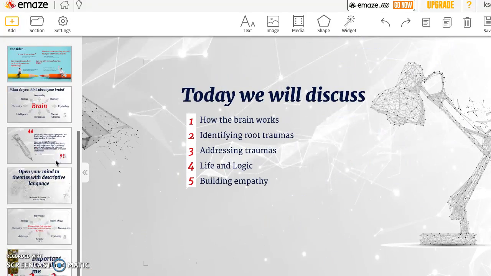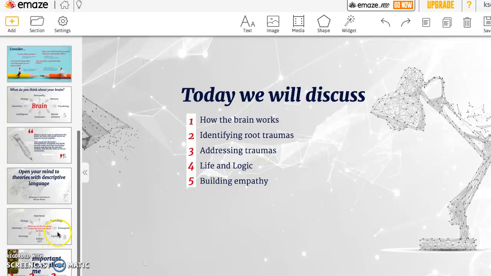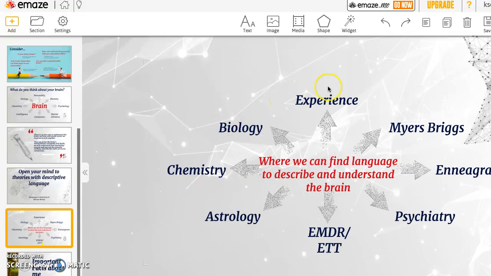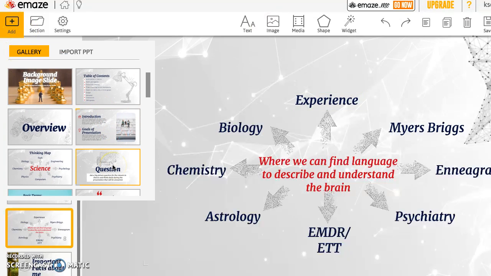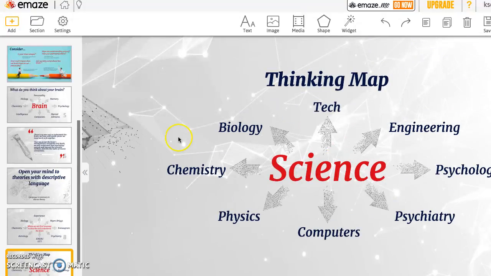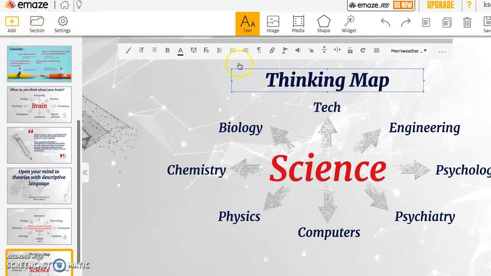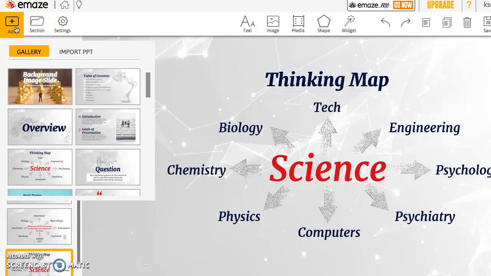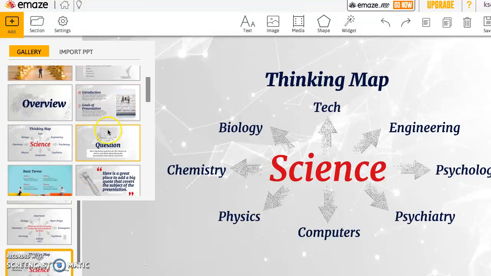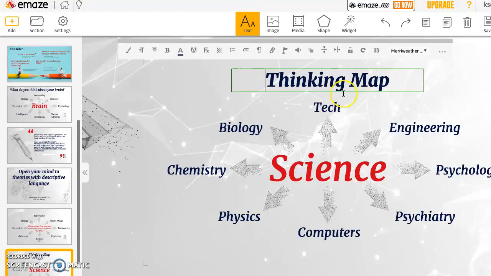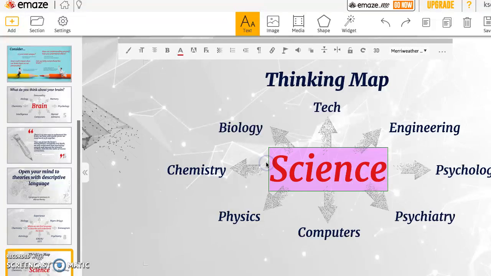Okay, so if I wanted to add a new slide, I might go to, for example, this is a slide that I just uploaded from the format. So if you didn't see that, I just went to add, and I clicked this thinking map slide, or I could have clicked any other one of these, and now I literally just have to delete whatever I want and fill it in. So I'm just going to type me or something,